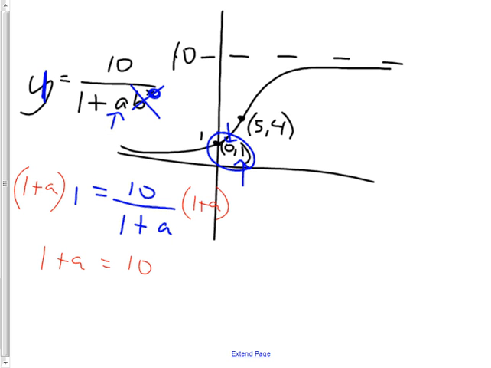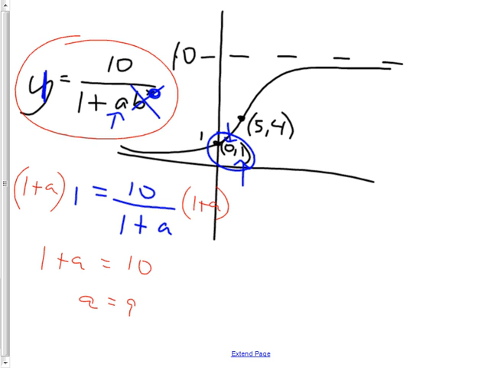One plus a equals 10. Therefore, a equals 9. Raise your hand if you had that. Okay, good. Do you get that a was not 1? A was actually 9. Okay, so now I can rewrite this formula up here, this formula right here, except it